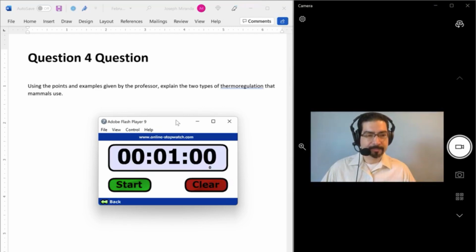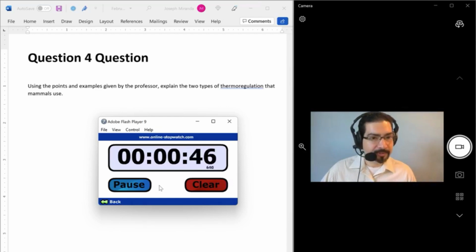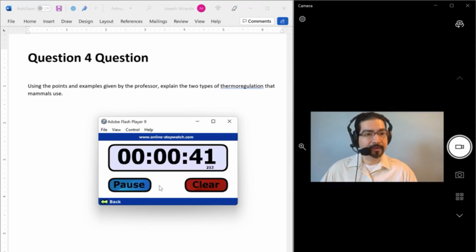I can do it, and I begin. The professor discusses thermoregulation, which is a method that mammals use to keep their internal body temperature constant, even if their external environment is at a different temperature. He discusses two forms. The first is through the insulating power of fat, which helps to maintain temperature. For example, whales can maintain their temperature at 36 to 38 degrees because they have insulating fat under their skin, so they stay warm inside even if the water is colder outside.